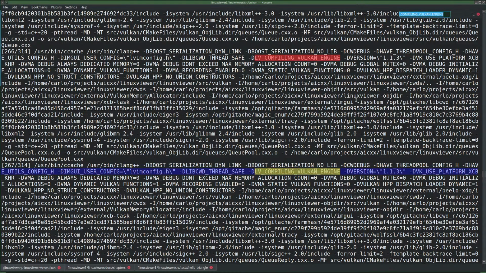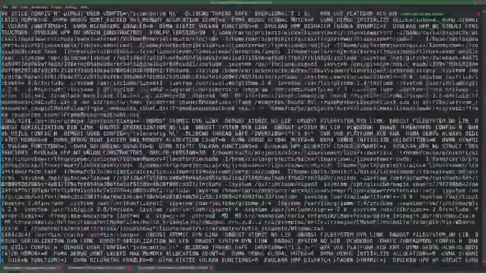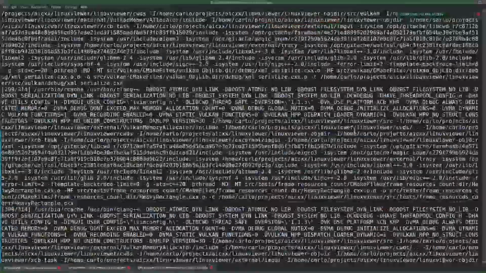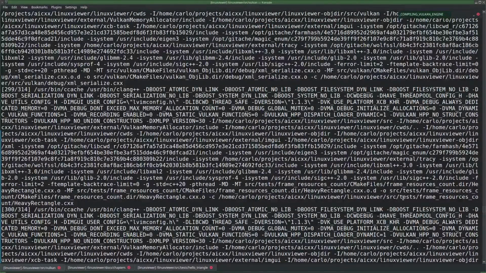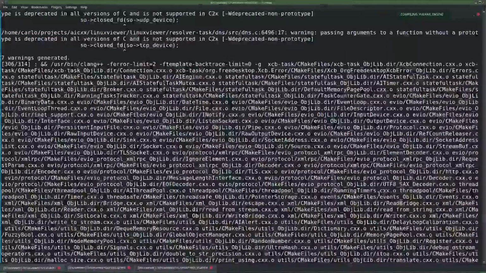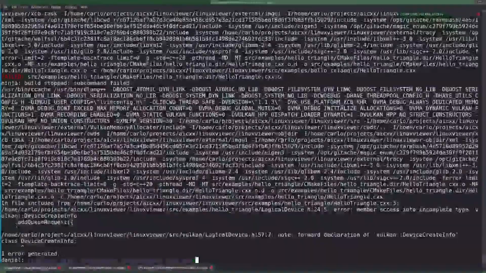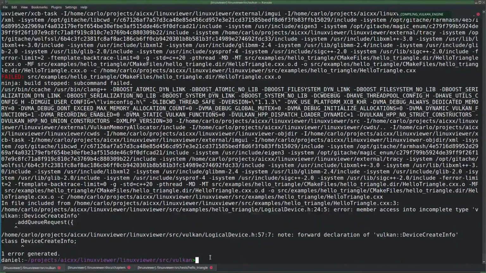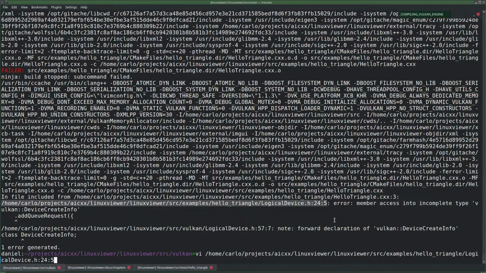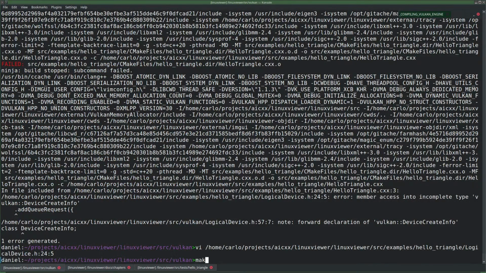Okay, so that gets defined while compiling the Vulkan engine, and then it gets not defined at some point. This is not defined, and there it is compiling a test. This is still Vulkan, source Vulkan, this is source tests. So it works. In the meantime, I lost my C tags again, of course.